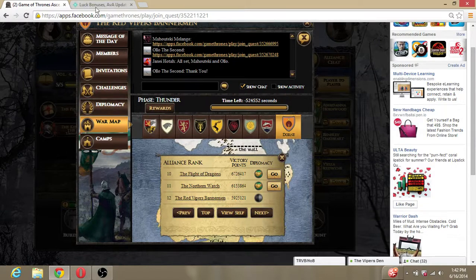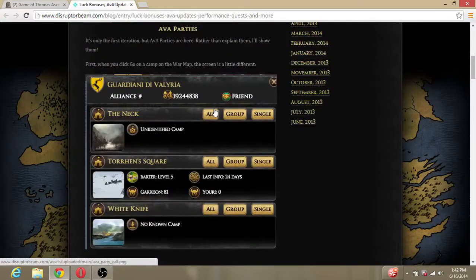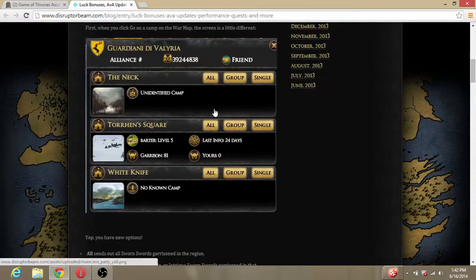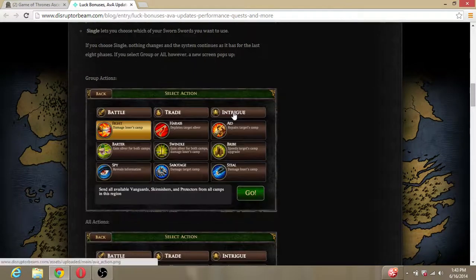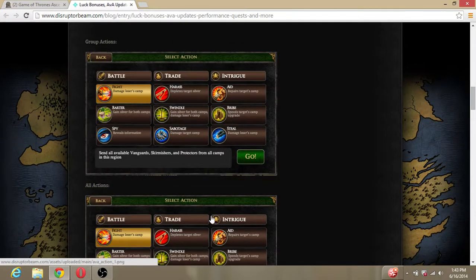One thing that we will go to discuss right now is the new settings for AVA. DB has actually used the North as an example here. They've got all group and single, which is somewhat self-explanatory. All of your sworn swords are going in. A single sworn sword is going in, or maybe you only want to add 5. You'd use that button. And then here we've got group, which we'll scroll down here and discuss, section 2,